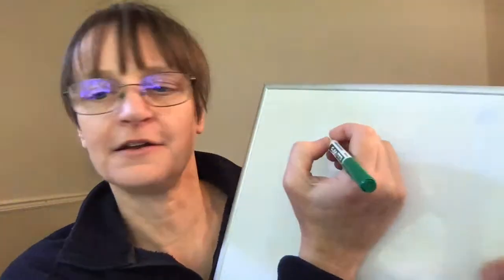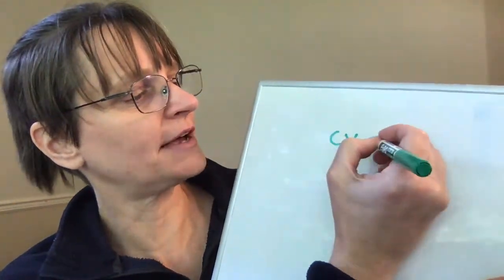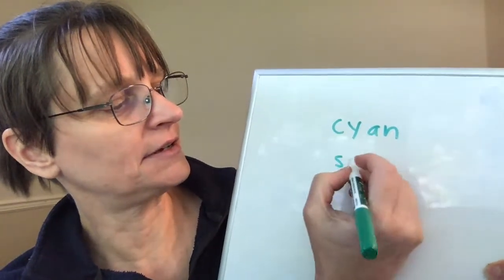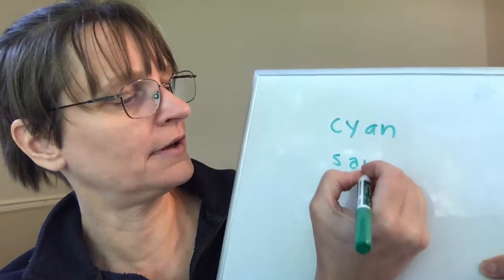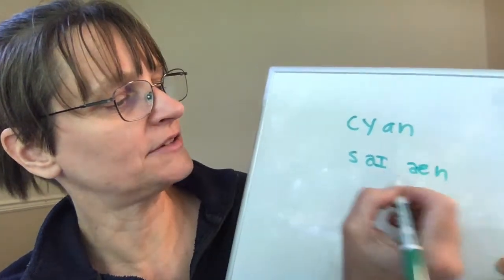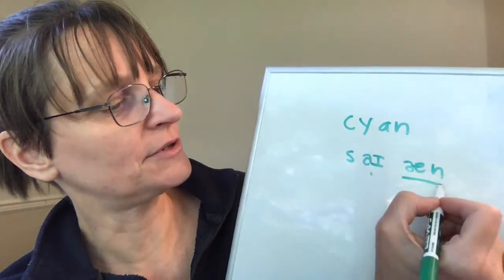All right, so we have a request or a question about the color cyan, and then another request, Pulitzer Prize. So cyan, I'm pretty sure that it's an S sound, an I diphthong, and an A, just like the word an, vowel A, cyan, with second syllable stress.